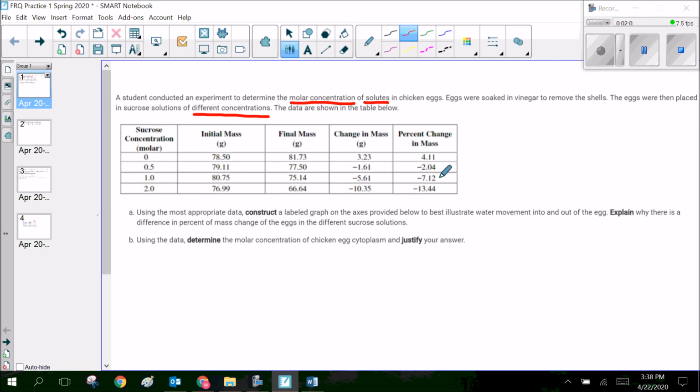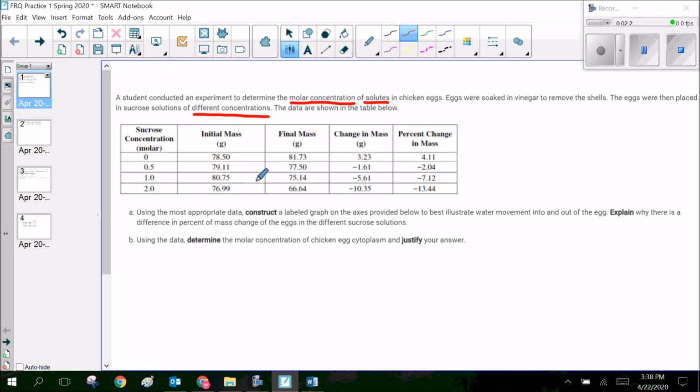Well, basically, a good way to approach a data-based problem when you're given a chart or a graph is to just talk your way through it, just like I did. So I explained to myself what I was seeing. I tried to put together the logic of what they were doing in their experiment so I could understand what was happening. And then I was able to read this whole thing and get an idea of their